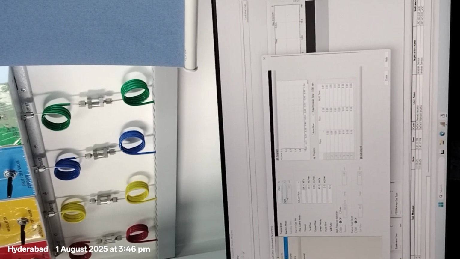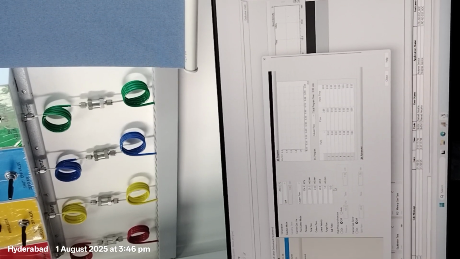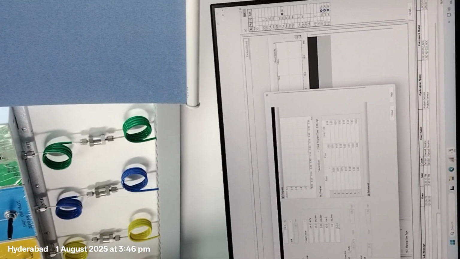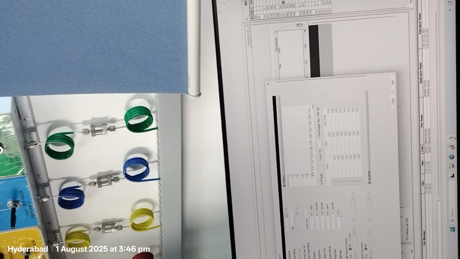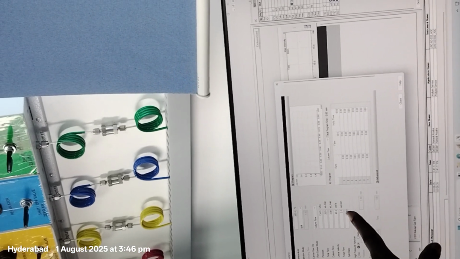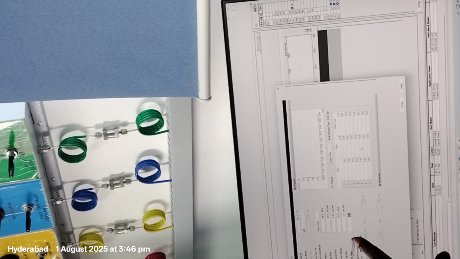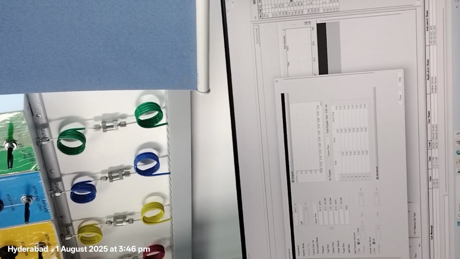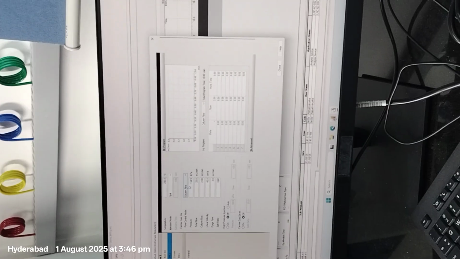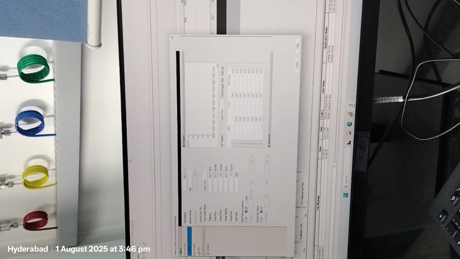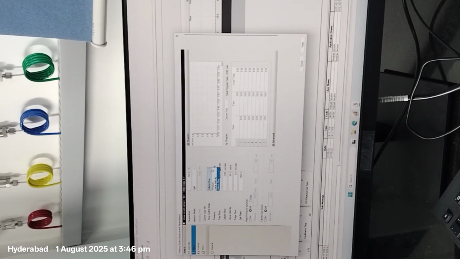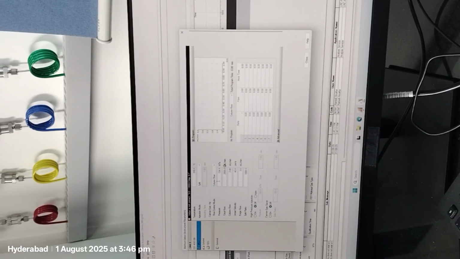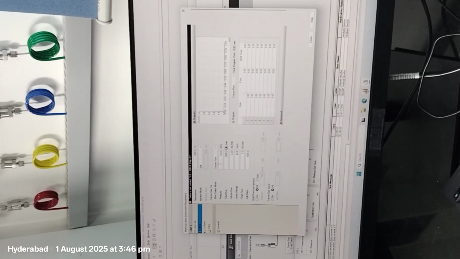So here, split. How much do you have to give as the split ratio? Here they will give the split ratio, 1:1000. You have to give 1000 here. You have to connect the column flow. Always column flow. Based on our method development, they will give it. Sometimes the parameter will change based on the method.